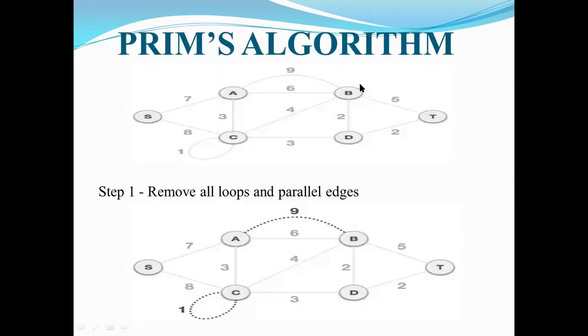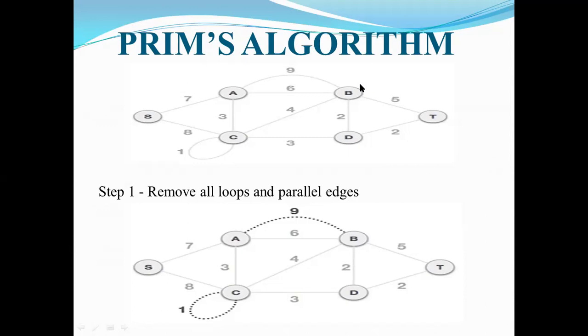Okay. Now suppose we take this graph, which contains 6 vertices and some edges. Is it clear now? If you observe the graph, it contains loops also, a self loop and some parallel edges. C contains a self loop, and in between A and B there are 2 edges. Those 2 edges are called parallel edges, and C has its self loop. That particular edge is called a self loop.